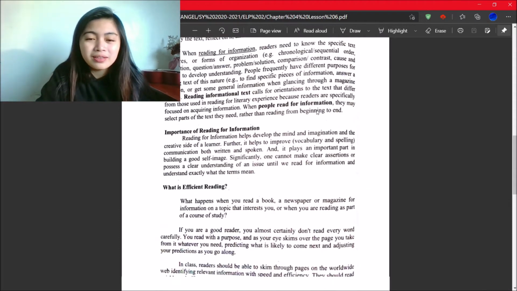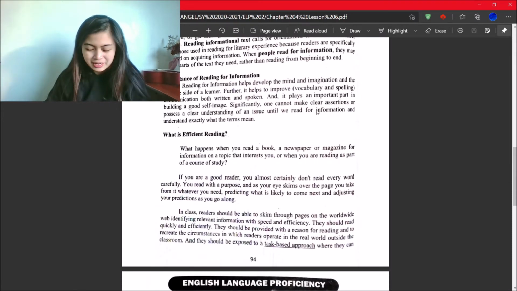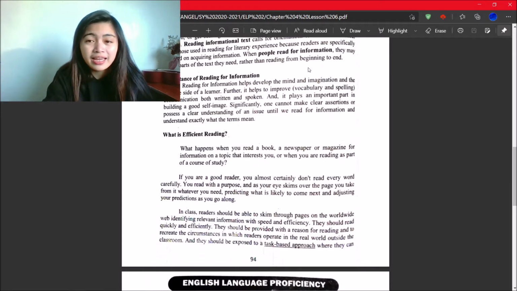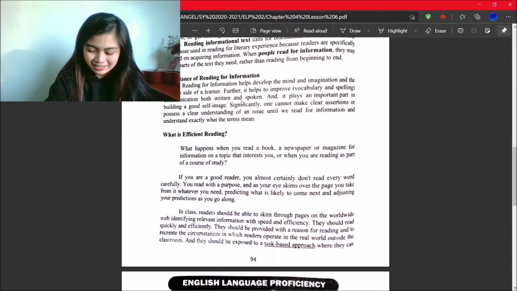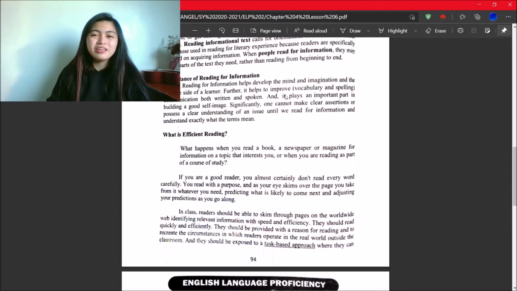Yun. So, what is the importance of reading for information? So, kanina ko pa yung sinasabi, but it helps us develop our minds and imagination, and it opens the creative side of the learner. So, it helps us to improve in our vocabulary and spelling. You know,